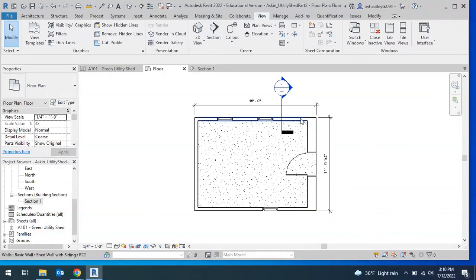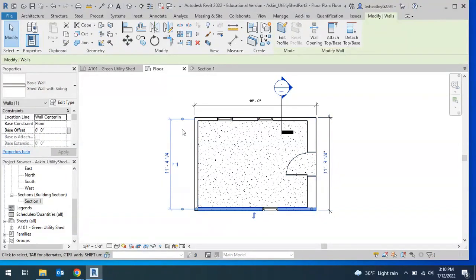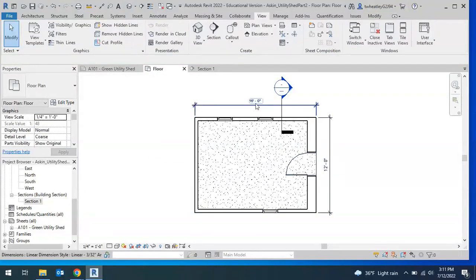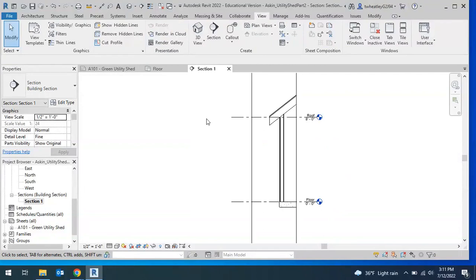So if we notice where we removed the constraints on the walls, it's changed this to 11 and 9 1/4. So we do need to adjust those dimensions again. So remember, click on the blue dot once to move the dimensions from outside to outside. So then it should match your permanent dimension. And we want to change that back to 12 feet. Once our dimensions are correct, so 12 foot by 16 foot, we're going to go back to our section view